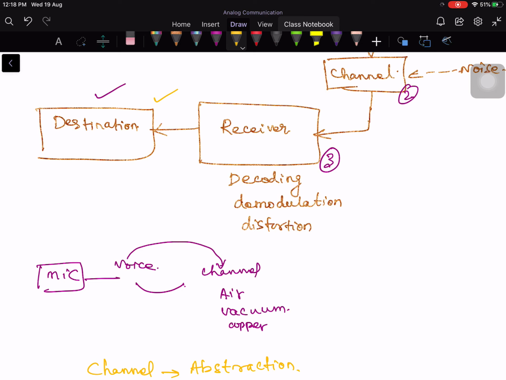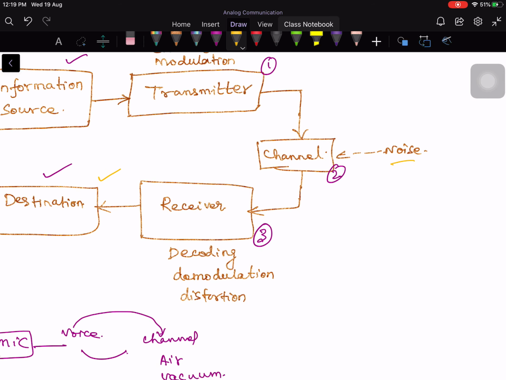We simply say that you have a receiver whose job is to ensure that the information is given to the user in a nice form, by removing the noise content, then amplifying the signal to an appropriate level so that it can drive the speaker or the monitor. Those things are all taken care of by the receiver, so that you can interpret it properly. So really, in a communication system there are 5 major blocks. The job of the receiver, as I mentioned, is to undo some harmful degradations. The channel will do some degradation, and that degradation is noise.